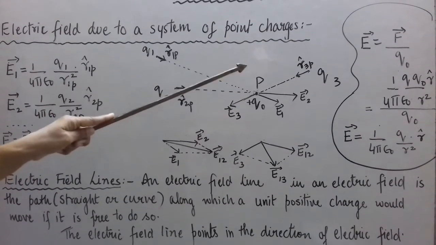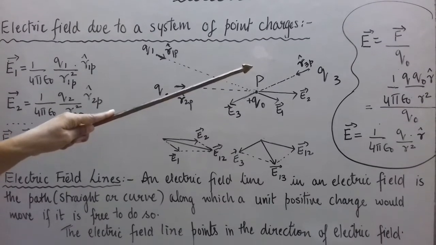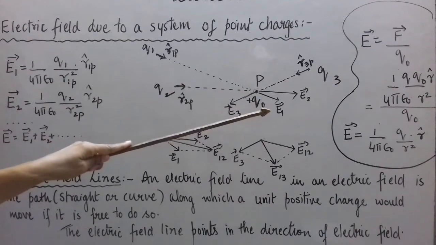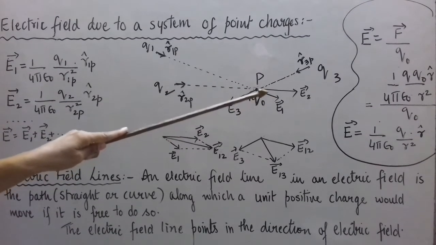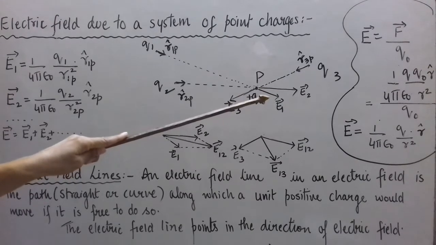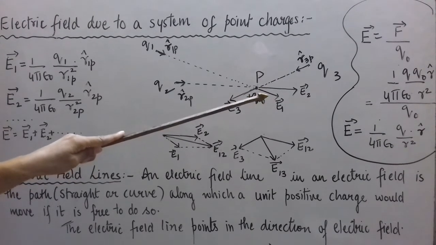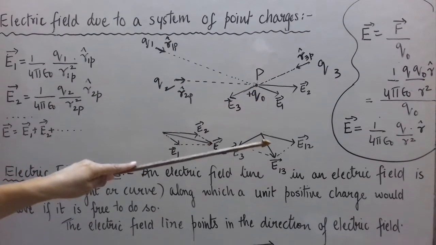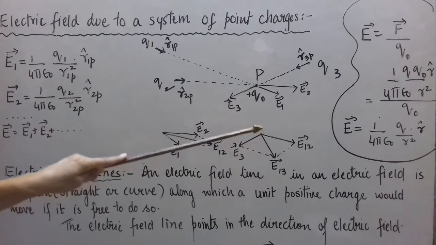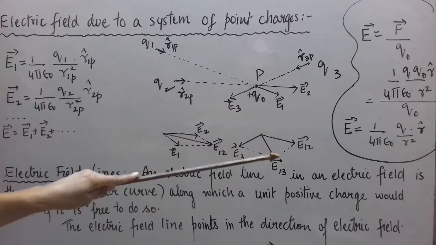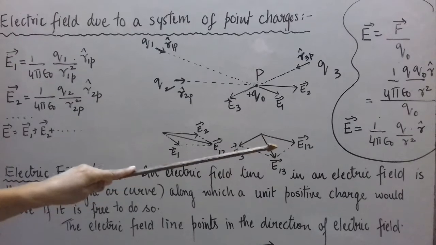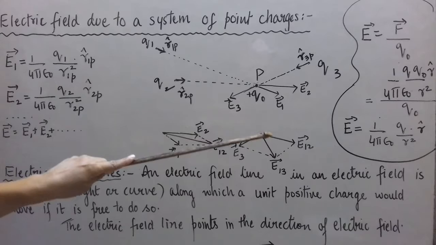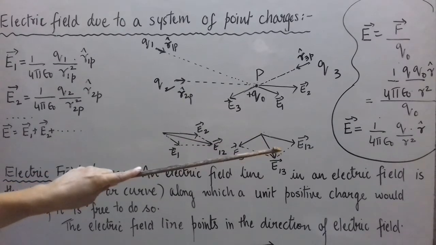After writing that definition in the mathematical form, you can put the value for F bar using Coulomb's law, where Q is the source charge, Q naught is the test charge, and R is the separation between the two charges. After doing simplification, the final expression that we got was E bar is 1 upon 4 pi epsilon naught Q upon R square into R cap. So what is the magnitude of E bar, the electric field value? 1 upon 4 pi epsilon naught Q upon R square.